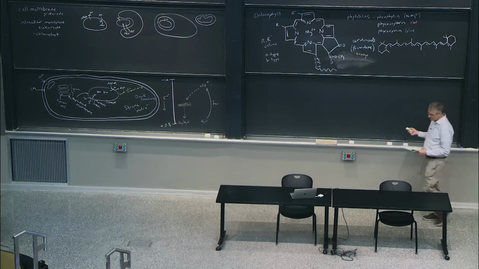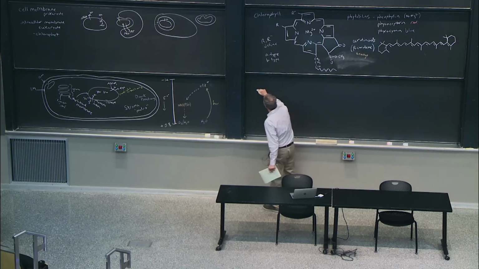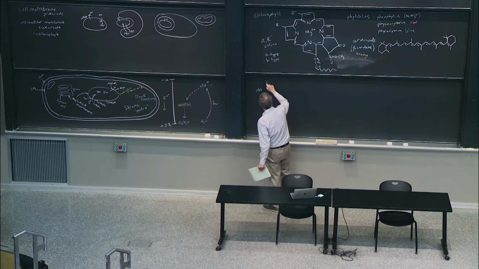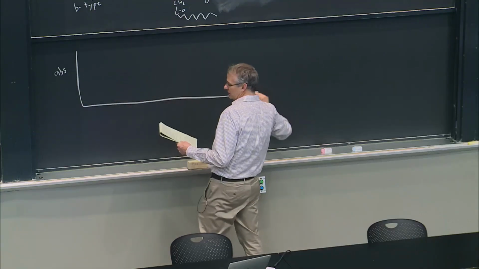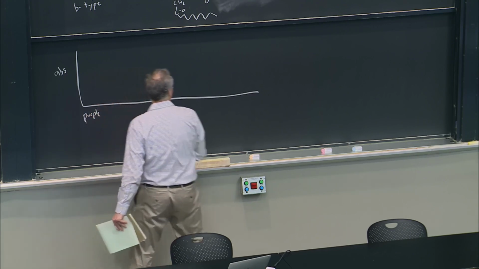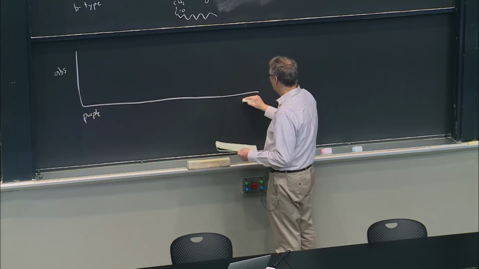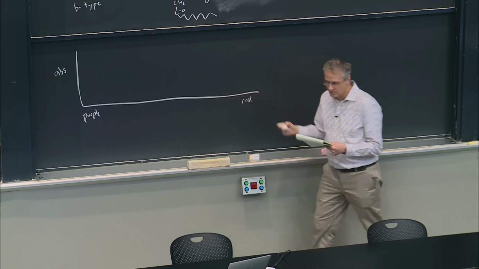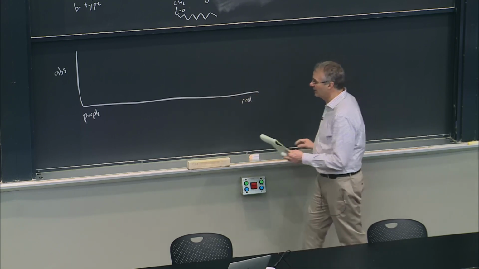And why have all these pigments? Well, the idea is because if we say here, what's the absorbance across the electromagnetic spectrum, with the purple, the short wavelength being down here, and the red the long wavelength being on this end, well, now effectively you